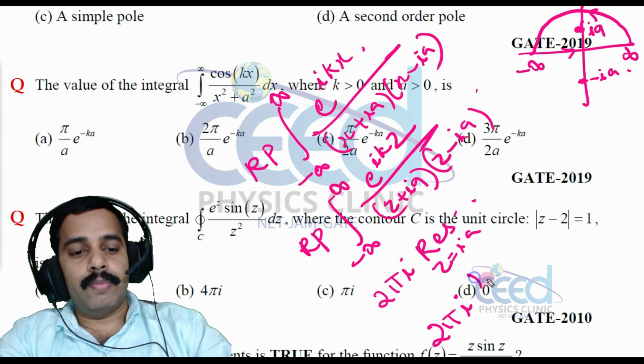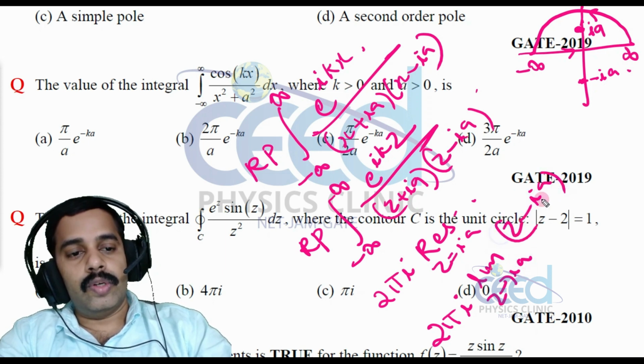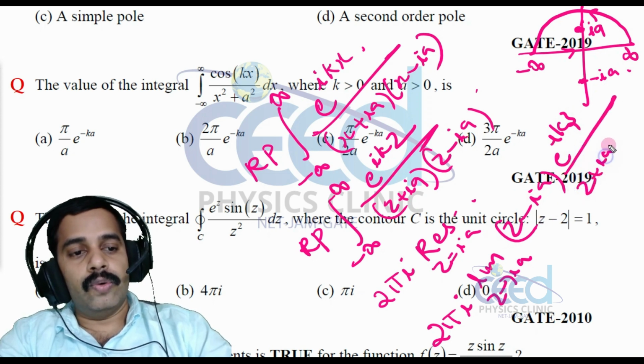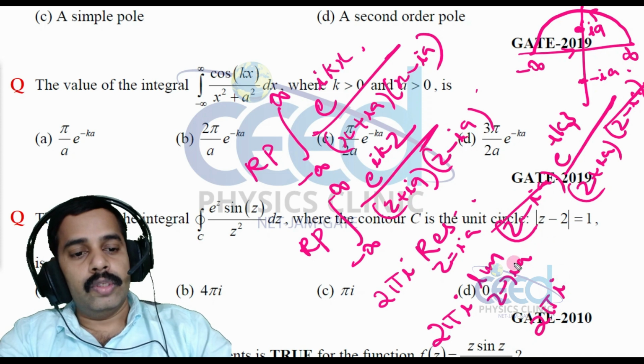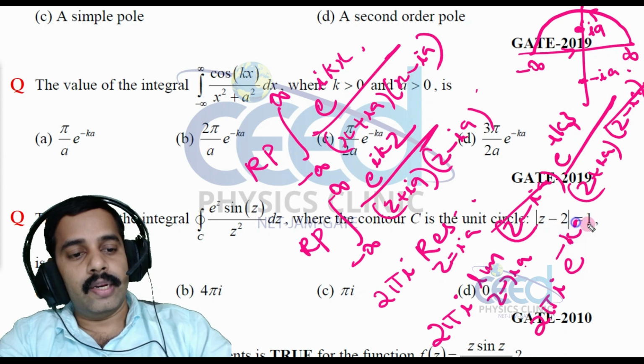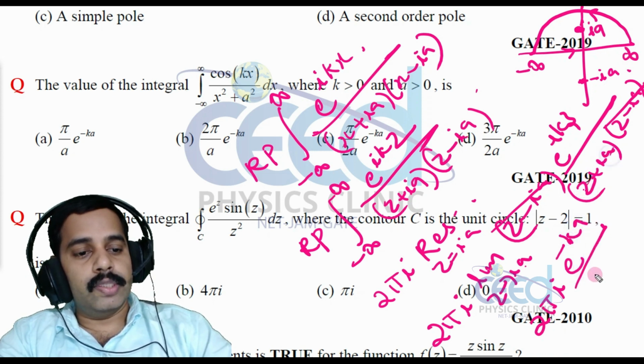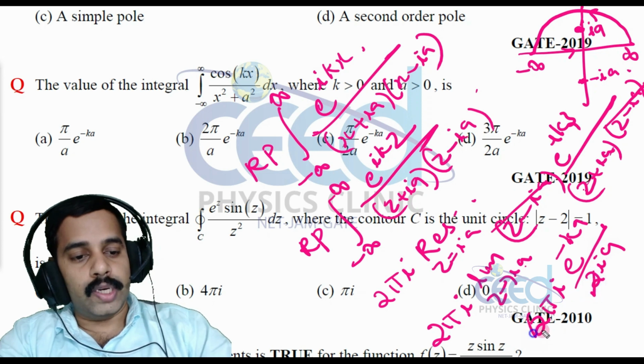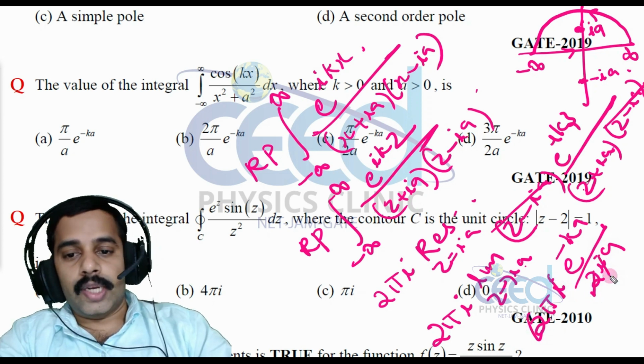So sigma limit as z tends to ia, (z minus ia) into e raised to ikz divided by (z plus ia) into (z minus ia). Alright, so z minus ia we can cancel. That is 2 pi i into, now we can substitute z replaced with ia. So here i square k, i square is minus 1, so e raised to minus ka divided by, z is equal to ia means here 2ia. The 2 cancels, i cancels. So the answer is